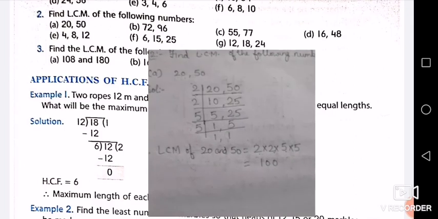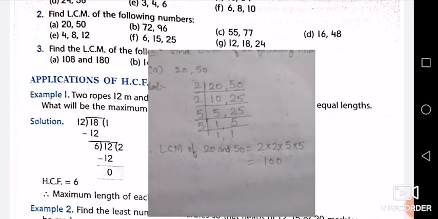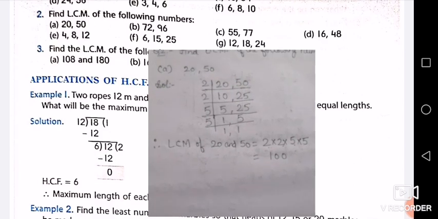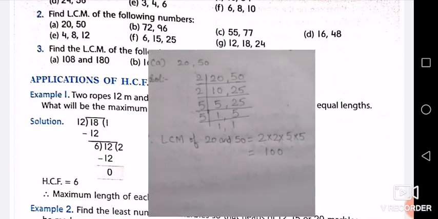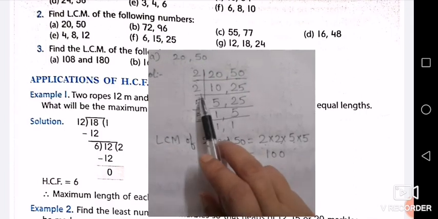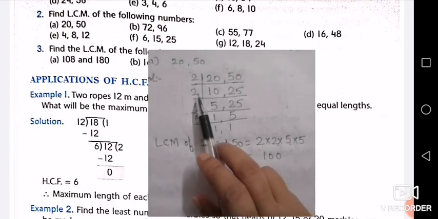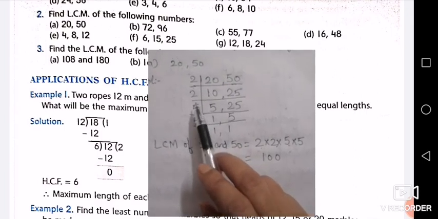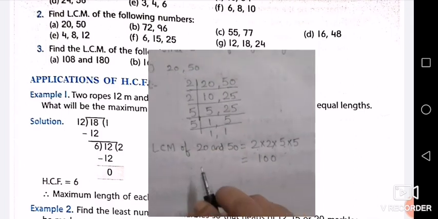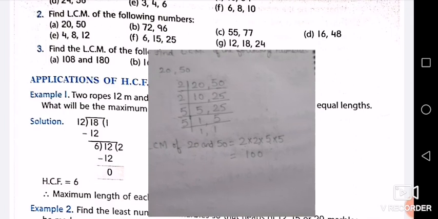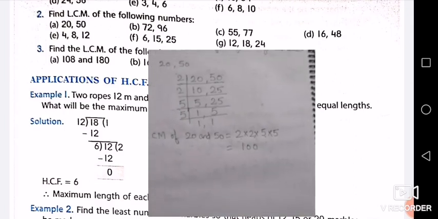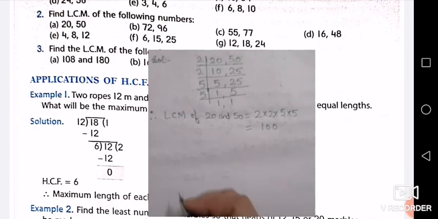Quite an easy method. The division method is quite easy because in prime factorization you have to find the factors of both the numbers. The only thing to take care of is that you have to divide with the same prime number until a single number also comes in the table of that smallest prime factor. So let's do the B part now.